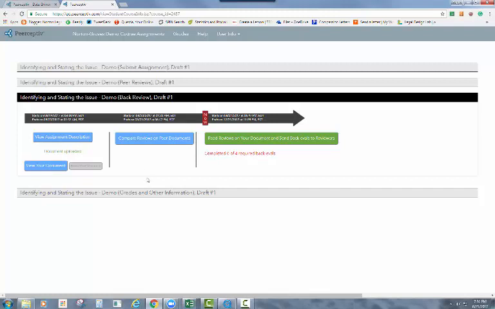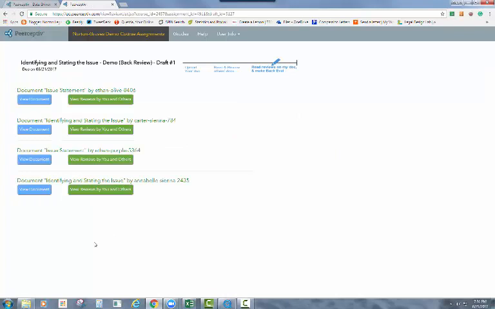But before we do that, we can go back and compare the reviews on the peer documents. So these are the 4 documents that we reviewed in that second phase. So we uploaded our document, and then when we got to the review phase, we were given these 4 students to review. If you want to, you can go back and refresh your memory by looking at the documents they submitted. But the other thing that you can do is look at the reviews that you gave and that the other students gave these